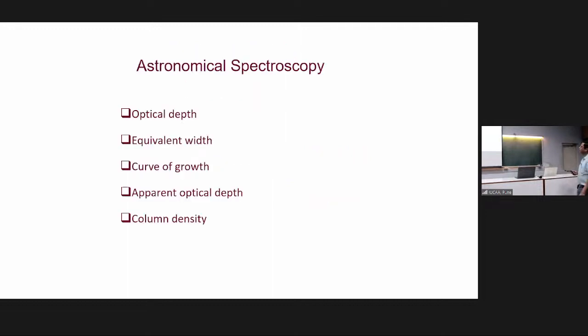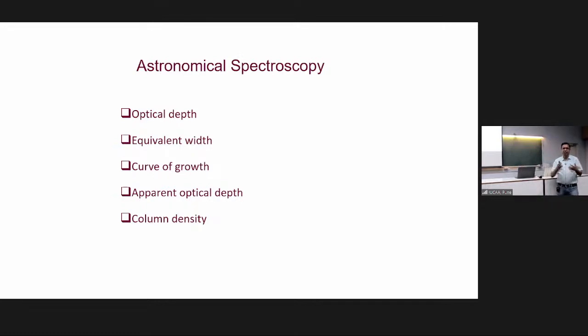Now I come to some technique where we can measure the column density of the absorbing material. So what is column density? If you have a telescope and you are observing in a particular direction, you can extend the telescope like a column to the interstellar space, and the number of absorbing particles per unit volume present in that column is known as column